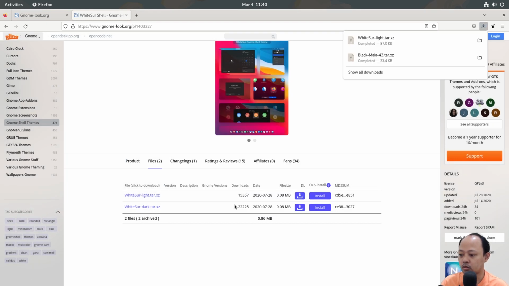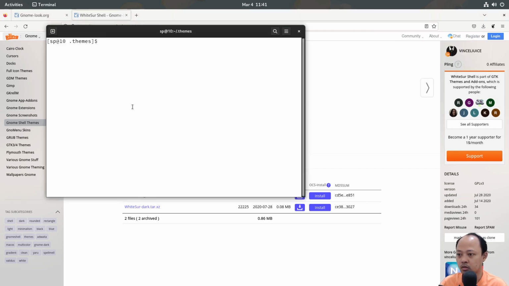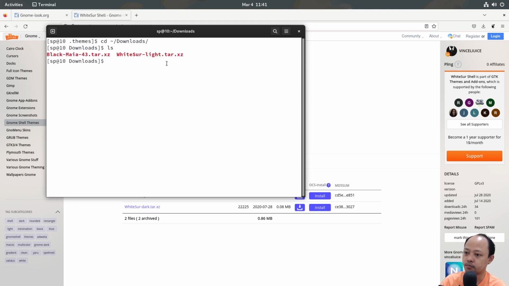To make it accessible for other users, we need to put the file in a certain system folder. So I will copy this file into that folder. This is the new shell theme that we just downloaded.